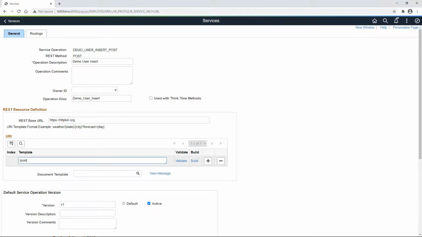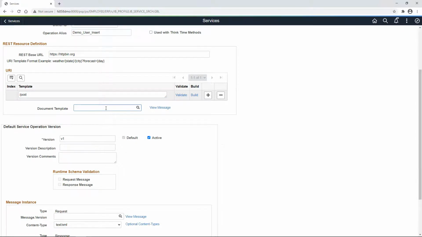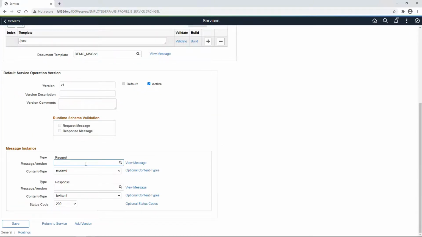Since the system won't allow me to save the service operation without a URI template, I truncated the post portion and pasted it in the template section. I will populate our document template here. Since REST-based integrations are always synchronous, it's mandatory to provide request and response messages. Since in our specific case the data format is the same for both request and response message, I will use the same message definition for both. Since the data exchange format is JSON, I will select application JSON for both request and response message